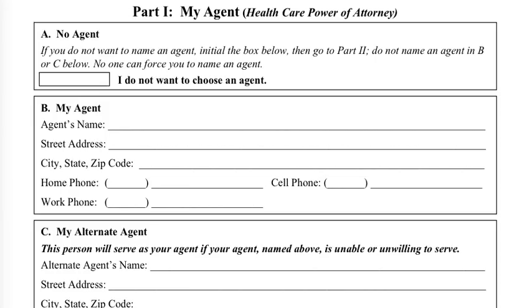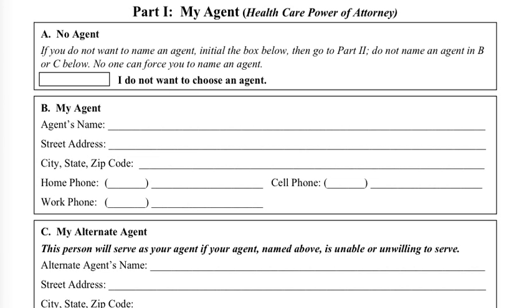If you do not fill out this form, the order in which an attending healthcare facility would look for someone to make decisions on your behalf is as follows: spouse, then the first child readily available. If no child, then the first parent readily available, and then siblings, grandchildren, and grandparents. If you do not like that order, then the agent designation is especially important to you. You must keep this agent information up to date, as a facility with the document on file will look to the form first to contact family members.